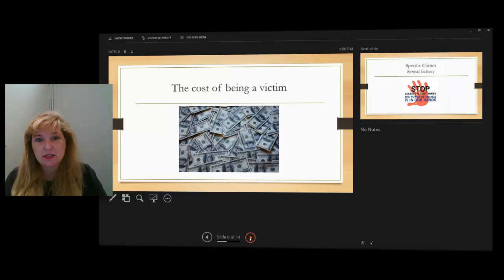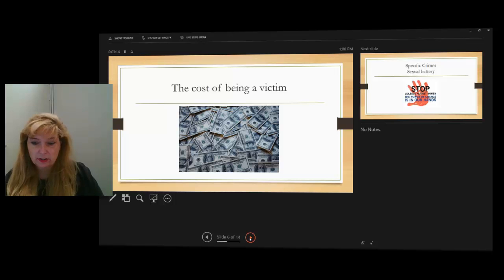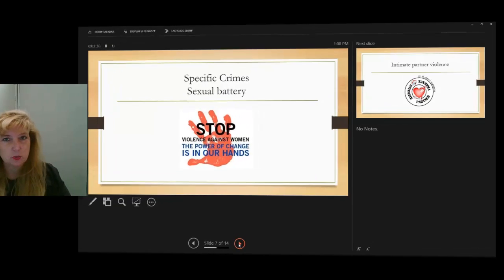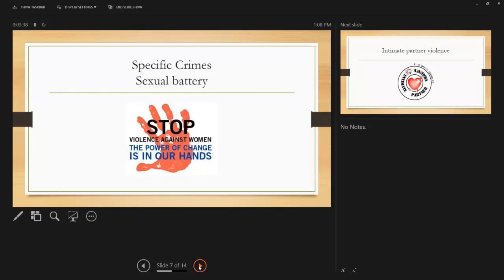We're going to look at the cost of being a victim. We're going to actually look at the monetary cost, but there's several other things that happen to victims. So we're going to look at that. Then we're going to shift our focus from kind of this generality to very specific crimes. And we're going to look at specific crimes like sexual battery. And that's anything from maybe touching someone inappropriately all the way to a brutal rape. And it's not just crime against women and violence against women, but that is the major source of this.